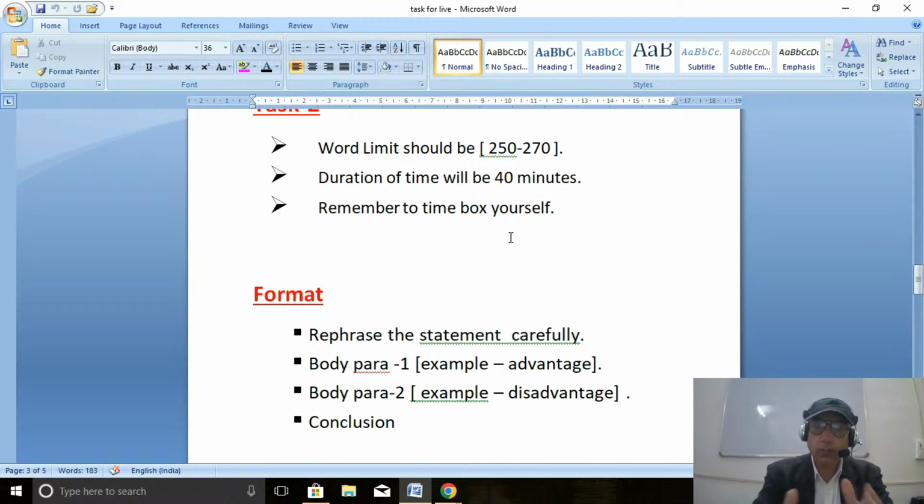And if you go through this and practice these things regularly, you are bound to get a good score, and I'm sure you will be able to get the desired band score, right? And the most important thing I would like to tell you in task two also,